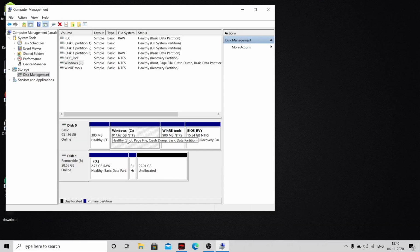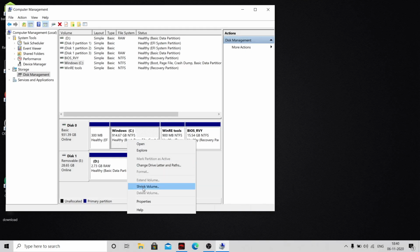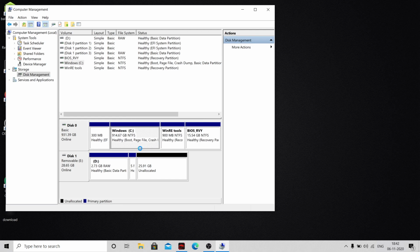You may have many disks, so right click on the disk from which you want to shrink the storage for Ubuntu. Now click on Shrink Volume, and I wanted to give 100 GB of storage for Ubuntu. You can give it as much as you can, but give it a minimum of 40 GB. Now click on Shrink. So 100 GB is unallocated. Now close this